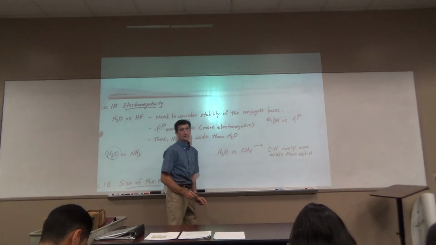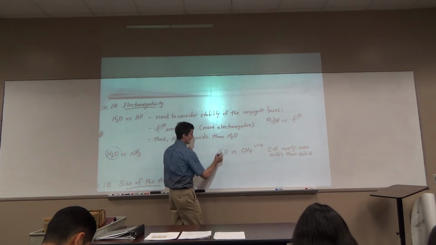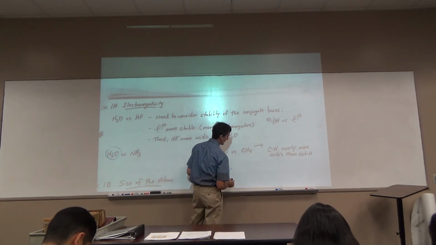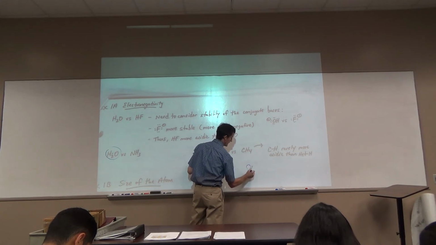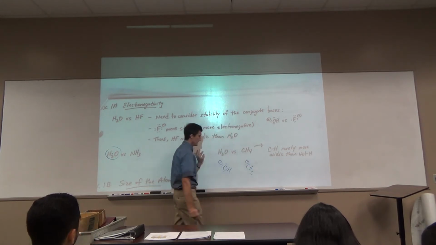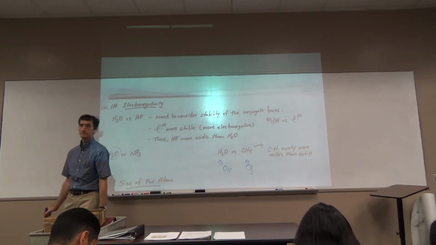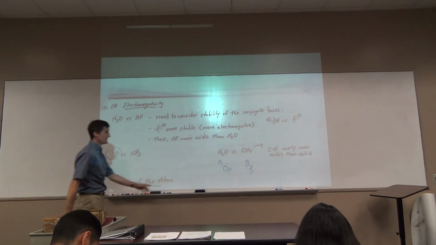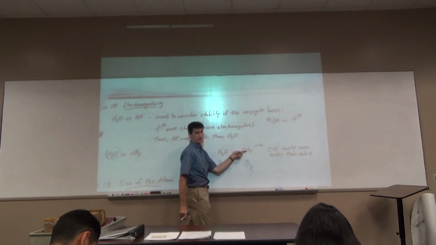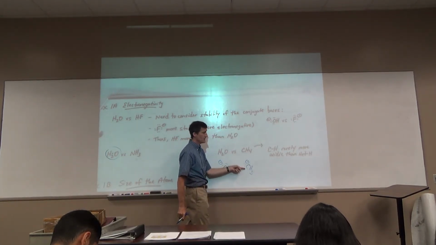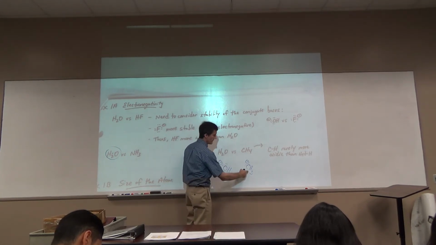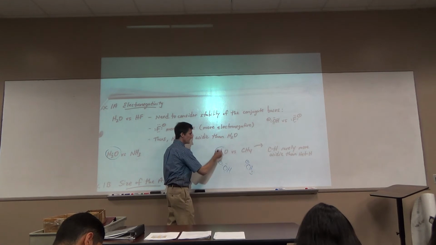Water versus methane. This becomes OH minus. This becomes what? CH3 minus. Which is more stable? Oxygen is much more electronegative. Carbon doesn't want to be minus. It's like, hold on, I don't want to give up an H+. I don't want to act as an acid because I'll have to become minus. And oxygen doesn't mind that. CH3 minus is very unstable. More stable, more acidic.